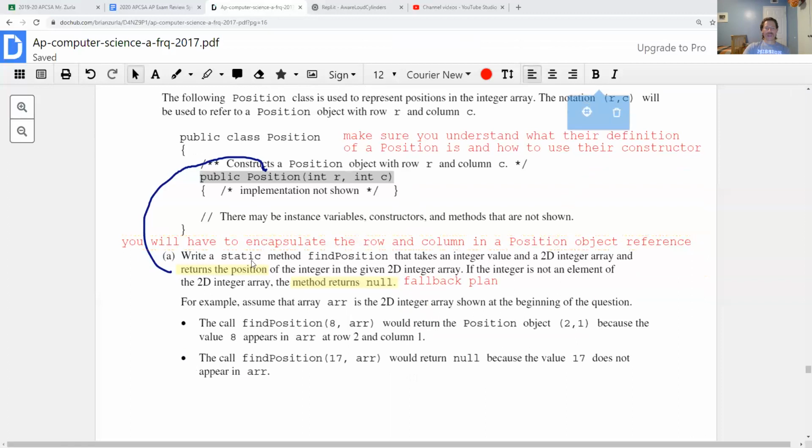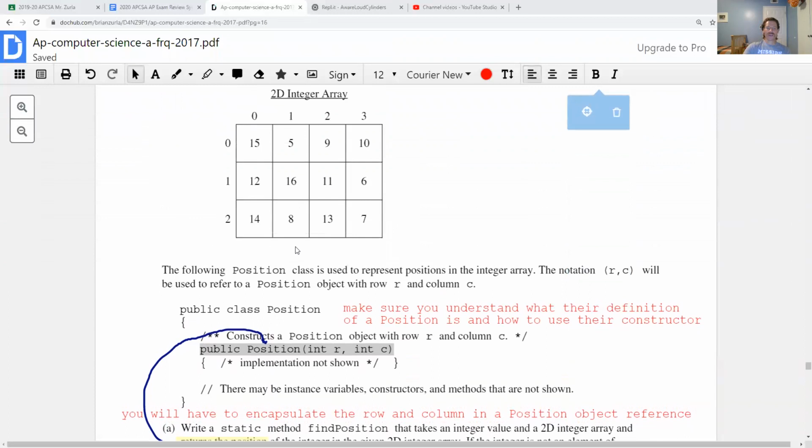And sure enough, in part A, the static method find position takes an integer value and a 2D integer array and returns the position of the integer given. And if you don't find it, you say null. Okay, so if we're looking at this matrix here, and they tell me find the position of 8, there's 8. Okay, that's an int value. This is an integer array. I'm going to have to write loops to move through this integer array, okay? And I'm going to have to take values from it. If I find the value I'm searching for, which in this case is 8, now I need to make a